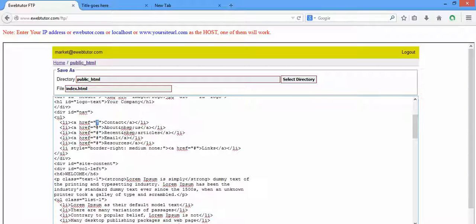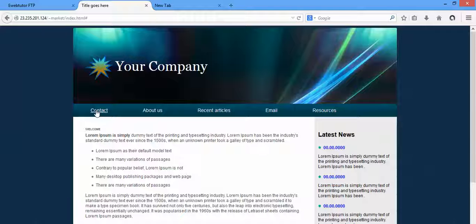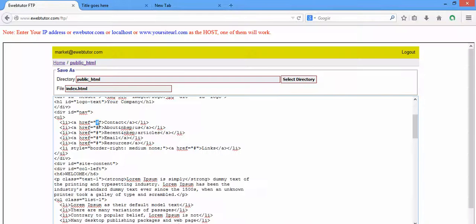So this hash, the reason we are using hash here is that once they click on it, we don't want it to go anywhere. Even if I click on it 1 million times, it won't go anywhere. So whenever you use hash as your link, it means you still want to edit the link later in the future. But for now, you don't want them navigating to any location. So later you can edit it to whatever location you want your user to go. But right now, we want our user to go to facebook.com. So instead of hash, we'll put the real site you want them to go to,